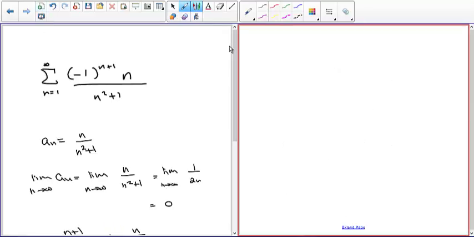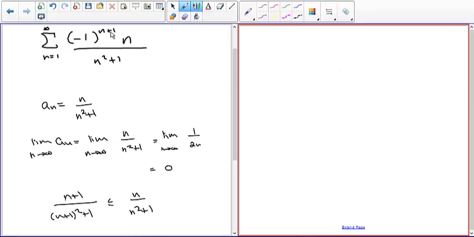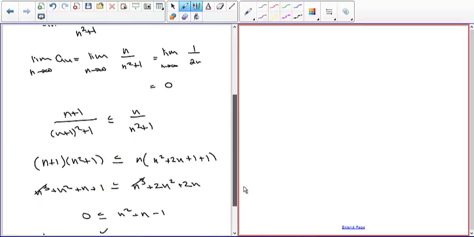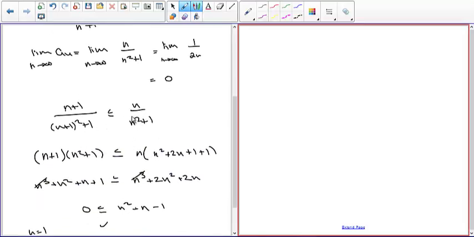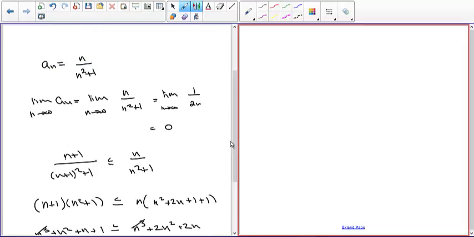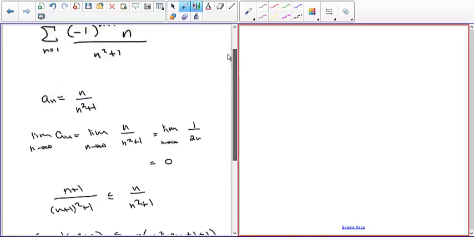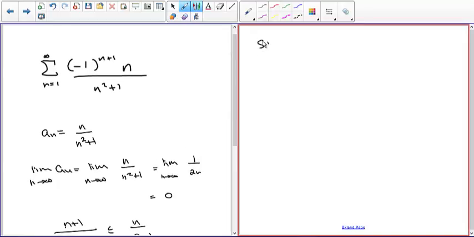Okay, so you can see what I've done is I've taken this part, that's a sub n. I've taken the limit of a sub n as n goes to infinity. I used L'Hopital's rule to reduce this down so that it was determinate. So 1 over infinity is 0. So it satisfies the first requirement. And then I looked at whether a sub n plus 1 was always less than a sub n, which turned out to be true. So then the way you would write this out is since